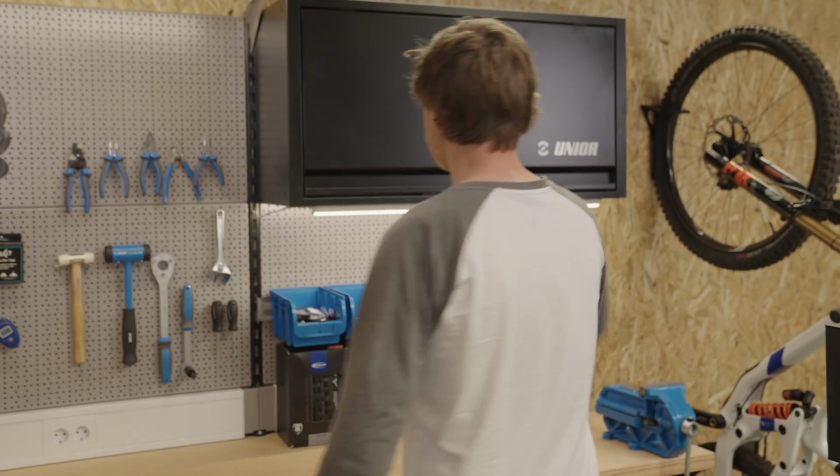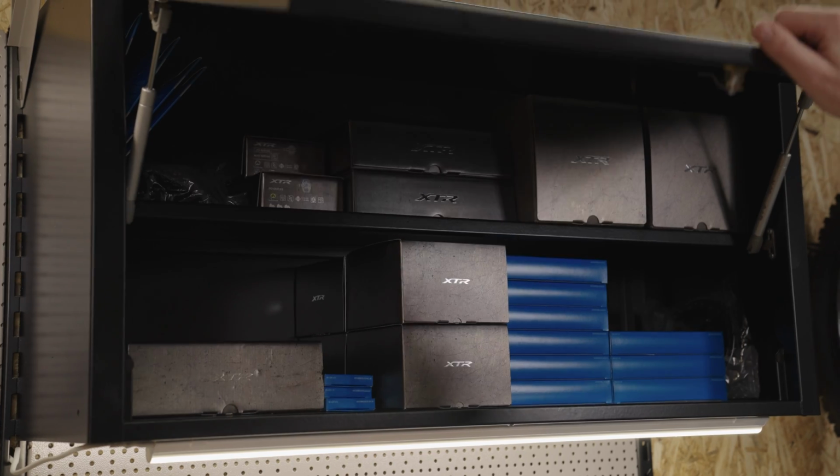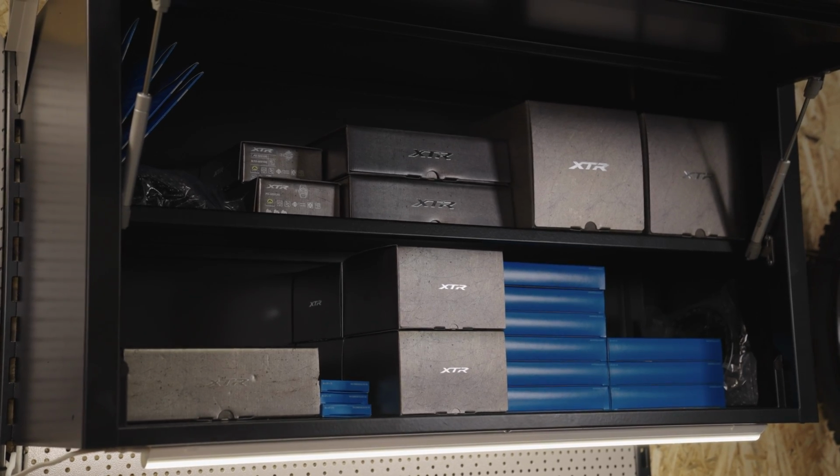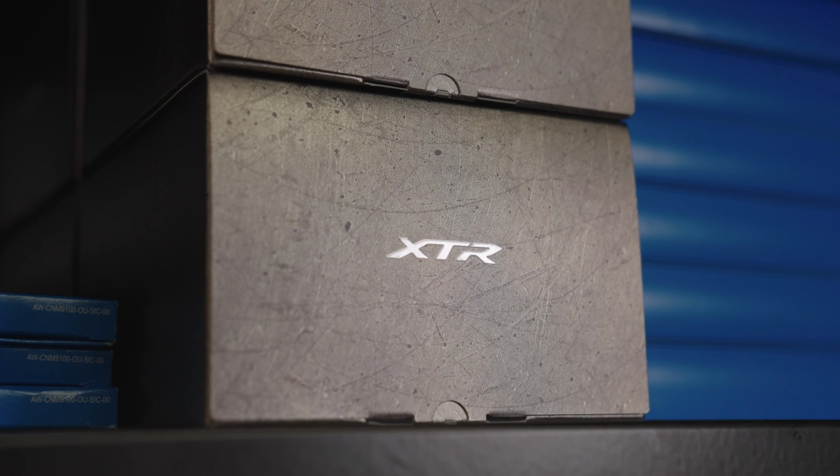So a lot of the drawers and the cabinets are used for storage, and this is one of my favorites. Got a Shimano XTR group set in there, waiting to be built onto a bike later in the year, so